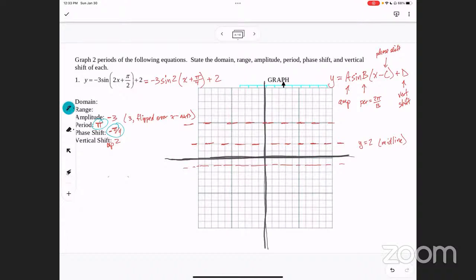So I'm going to do this in blue. It was shifted pi over 4 to the left. So let's go. I don't actually like this graph a ton because it's got 5, 1, 2, 3. I would prefer that there was just 4. Let's see how I can. I really want,